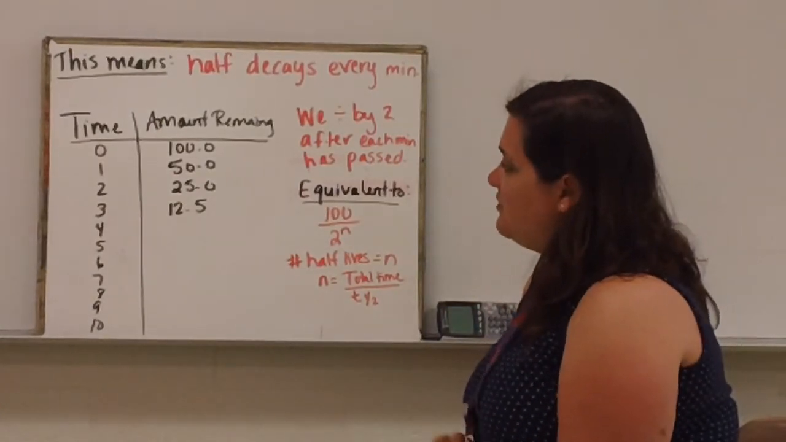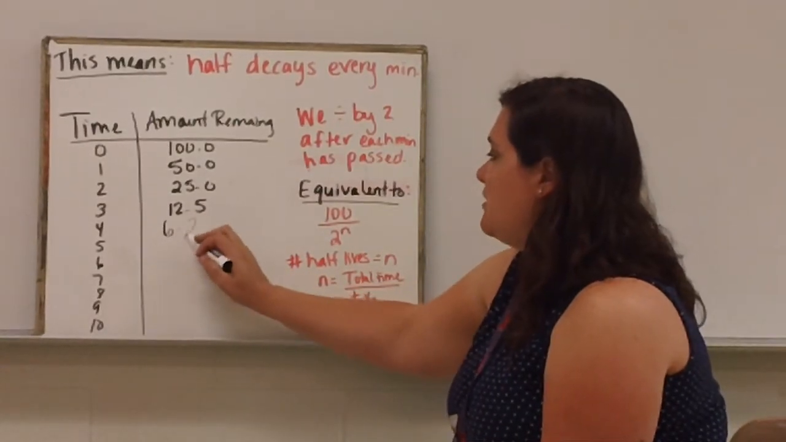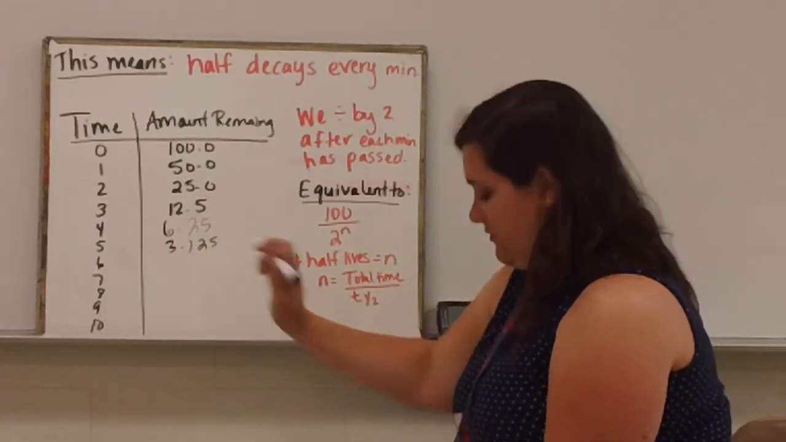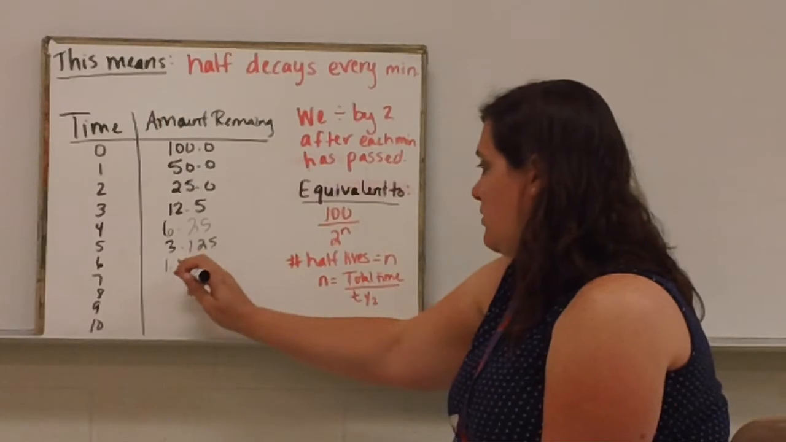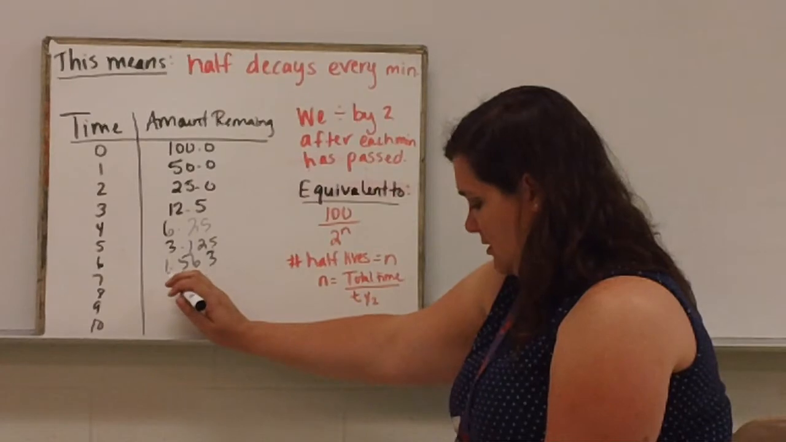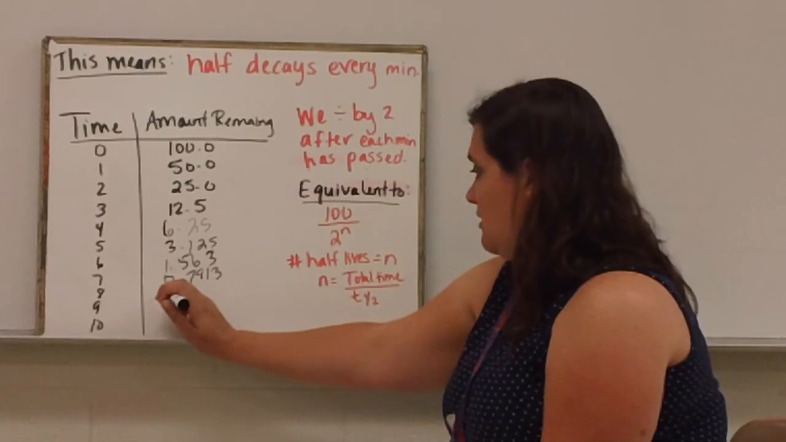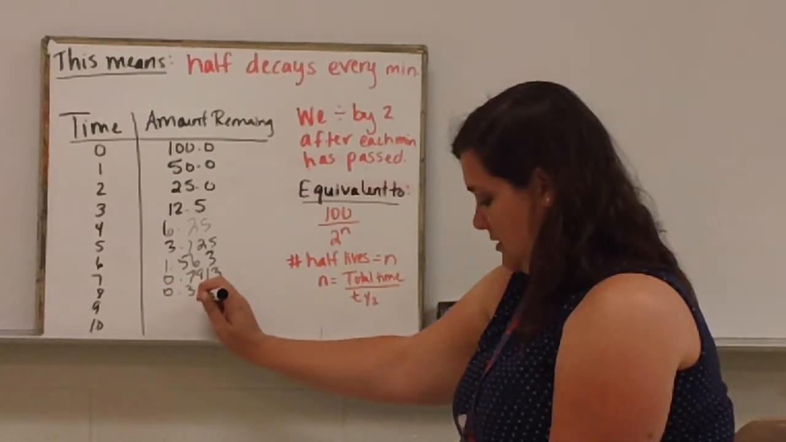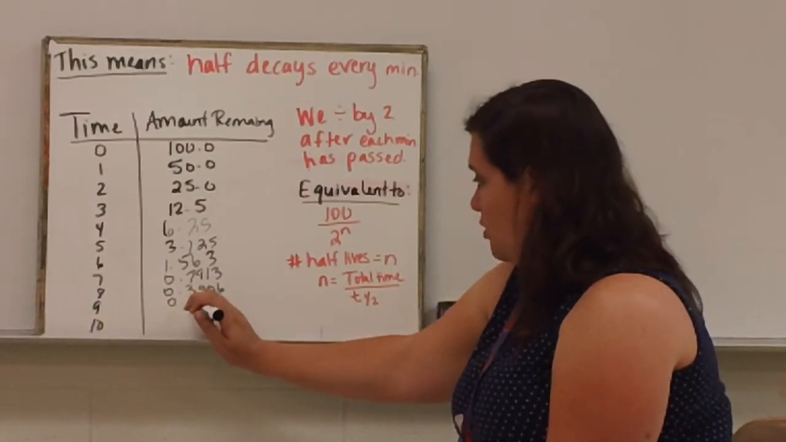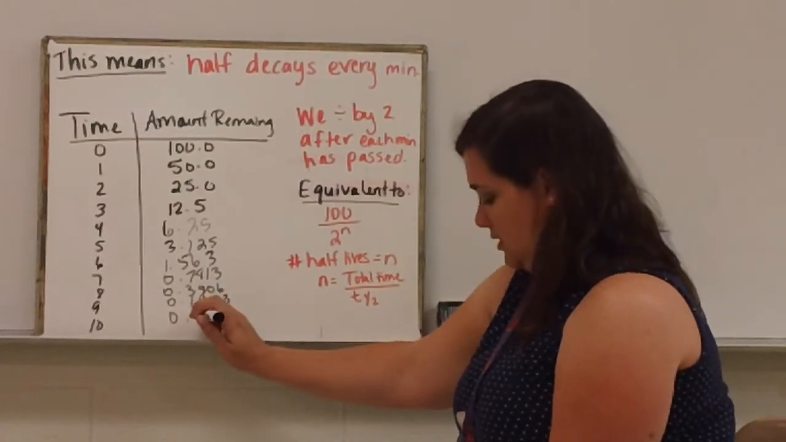So if we continue on down the line, half of 12.5 would be 6.25, then 3.125, and then 1.563, and then 0.7813, and 0.3906, and then 0.1953, and then